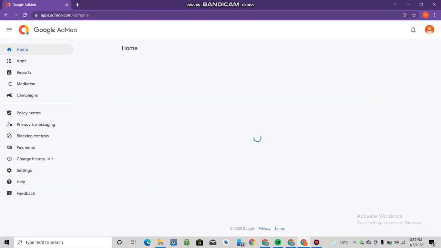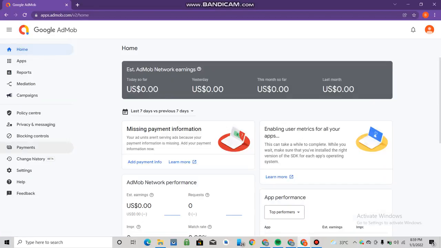I'll be going straight to the dashboard. This is the dashboard, and right here you can see missing payment information. So you have to fill this in. If you don't do this, your account won't be working. Your account is just an empty account that won't work, and even your ads won't show. So what you're going to do is come to your payments, click on it,